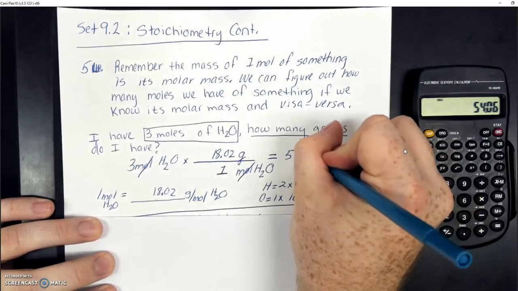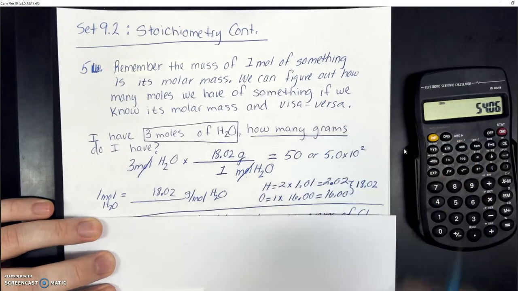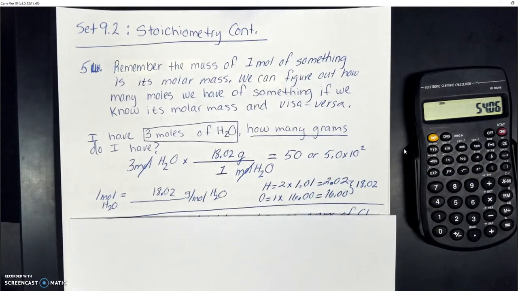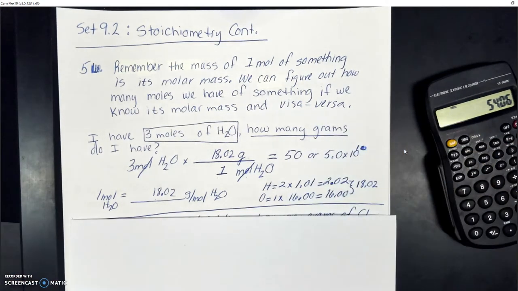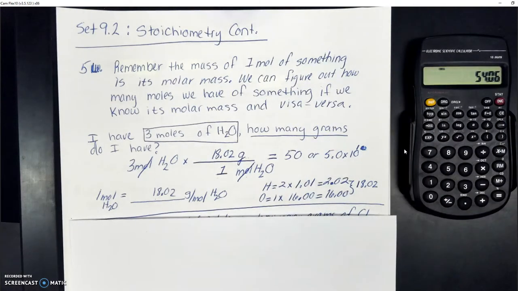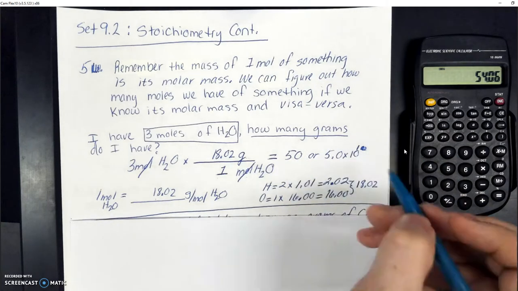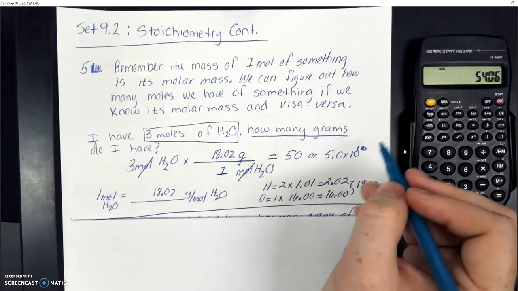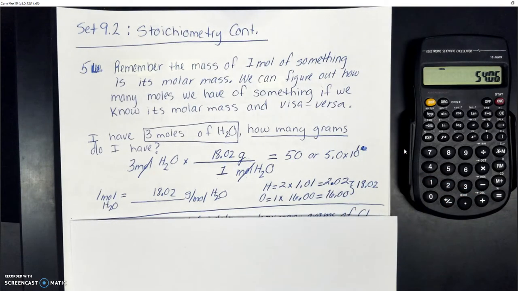Another way you could have written this is 5.0 times 10 to the first power. That's scientific notation. Sometimes certain chemistry textbooks or certain scientists will automatically resort to scientific notation. To do scientific notation, you would just take an imaginary decimal, move it over one place, and then however many places you moved it, you do times 10 to that power, so it would be 1 there. I wouldn't recommend doing it unless you absolutely had to, but we do need to add a unit